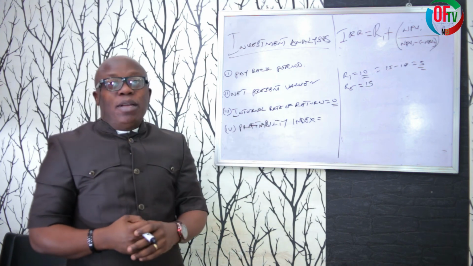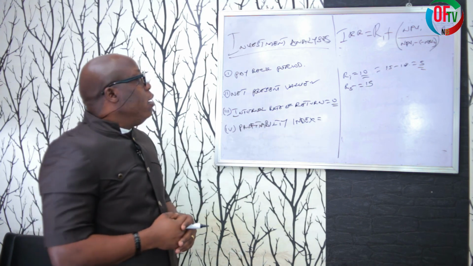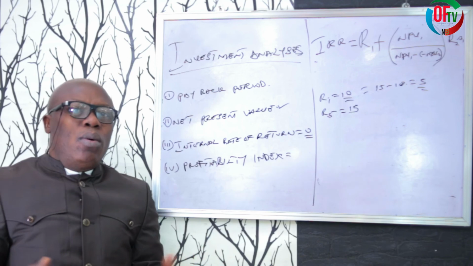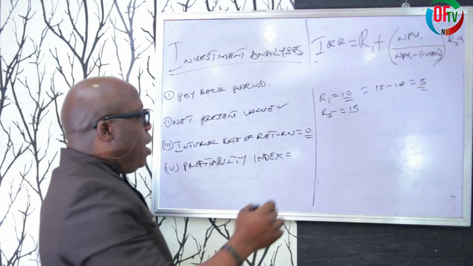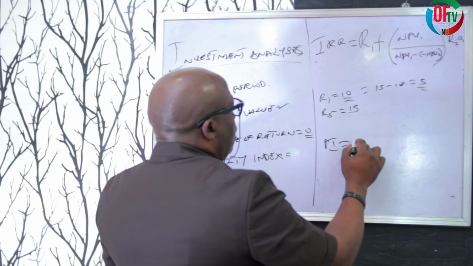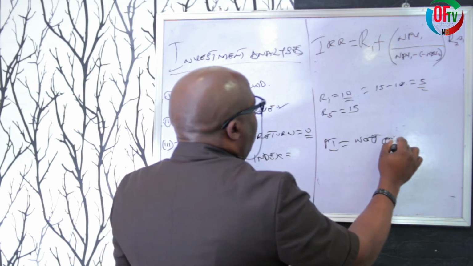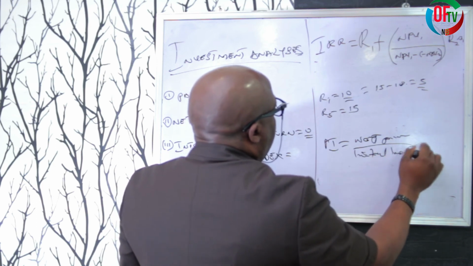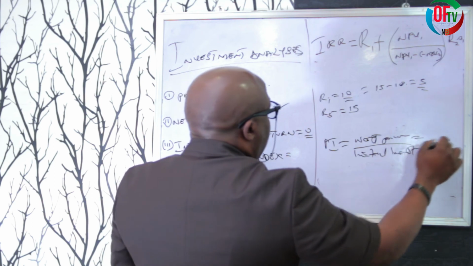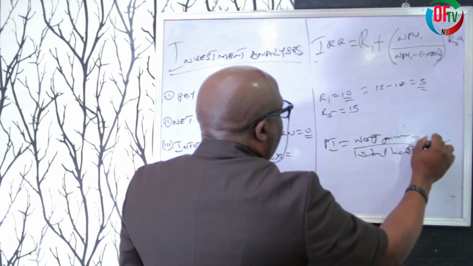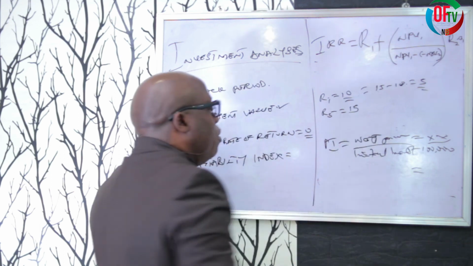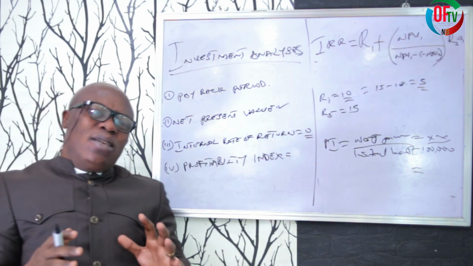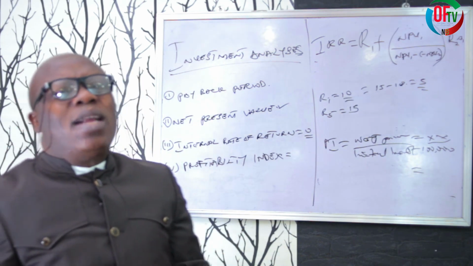Now, because of time, let me just finish on this investment analysis. The last is what? Profitability index. What this simply implies is very simple. The profitability index is looking at the net present value over the initial investment. I know that the initial investment of that company then was 100,000. Then you put the net present value we got there to get the profitability index of that company. Now, with this little introduction, you find out that you can definitely look at investment yourself